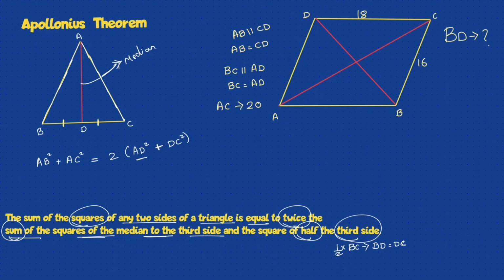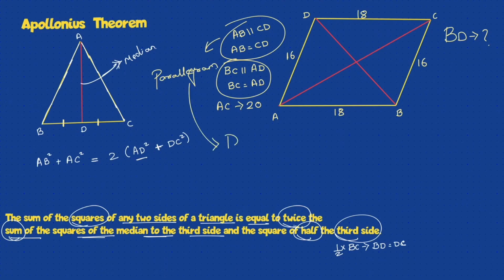Okay, now let's apply this. I'm being given here a figure in which AB is parallel to CD, and BC is parallel to AD, and BC is given as 16. So AD will also be equal to 16. Now what is this forming for me? A parallelogram. Opposite sides are parallel and equal in a parallelogram. Now you will study this in quadrilaterals; we will start in the next part. In a parallelogram, the diagonals always bisect each other. Okay, remember that. We'll study this in quadrilaterals.